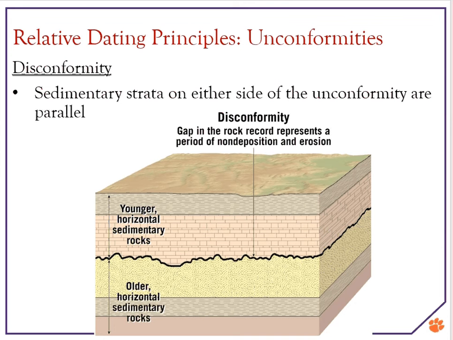And then the second type of unconformity is disconformity. In this case, we again will have some older horizontal sedimentary layers, but we will not have them being angled. So they still will stay horizontal, but something will happen. The deposition process will pause for a while, and maybe we will get some erosion. And later, the deposition process will start from where it was left and then keep accumulating more and more